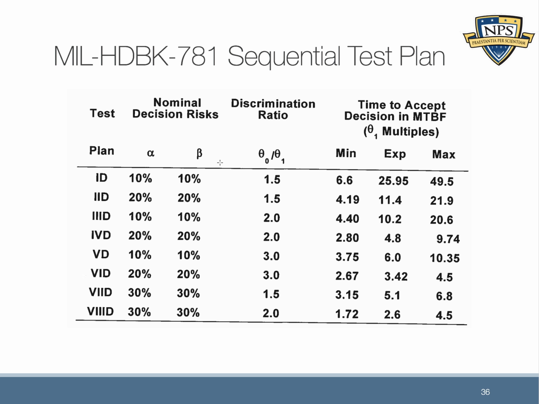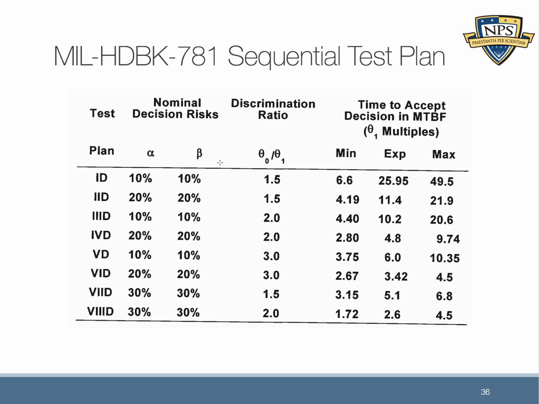And then theta naught and theta 1 are used to determine the discrimination ratio. Theta 1 is the lower test MTBF, so the lowest acceptable MTBF. Theta naught is the upper test MTBF, so that's the desired MTBF. And given that information, they determine what's called the discrimination ratio, which is just theta naught over theta 1. And that discrimination ratio plays into some other calculations, and some of the results of those calculations are determining